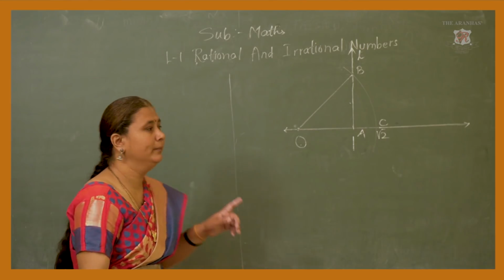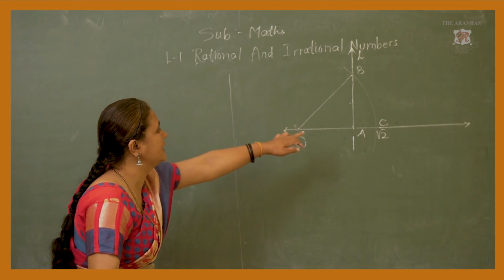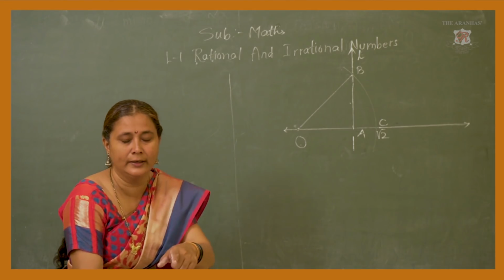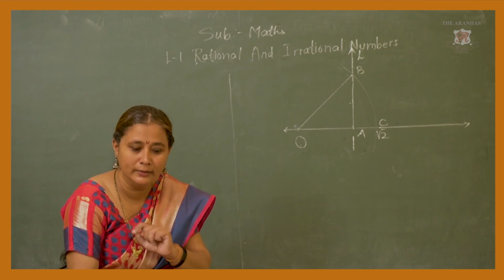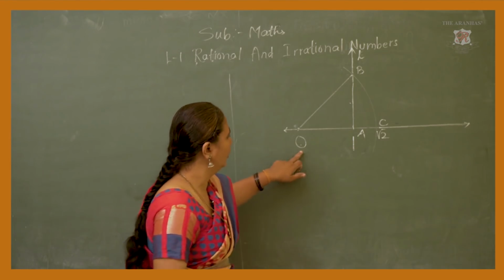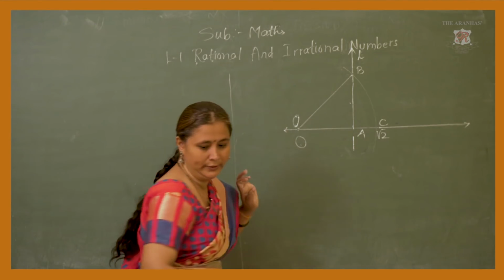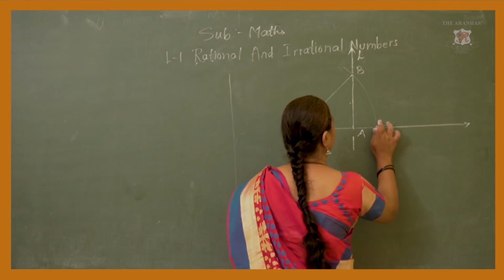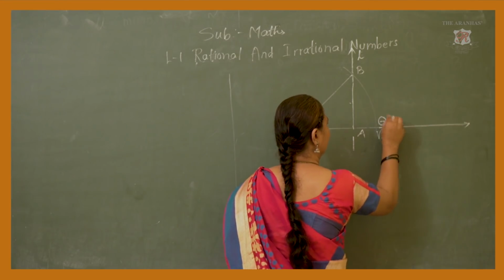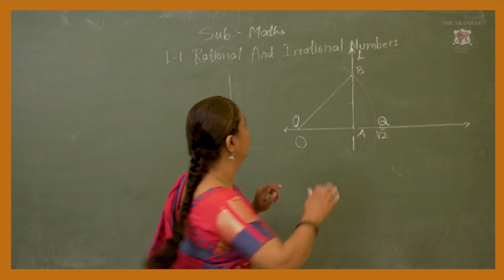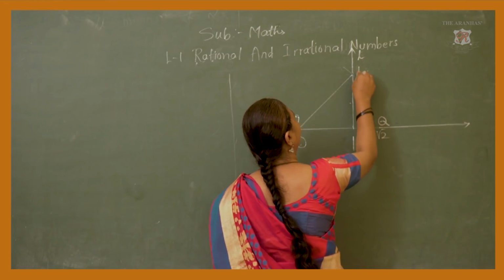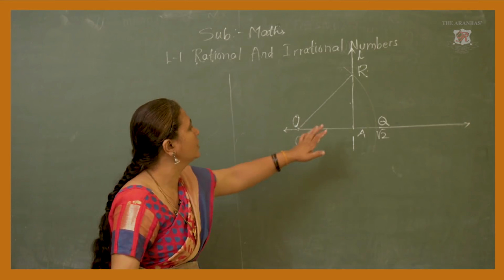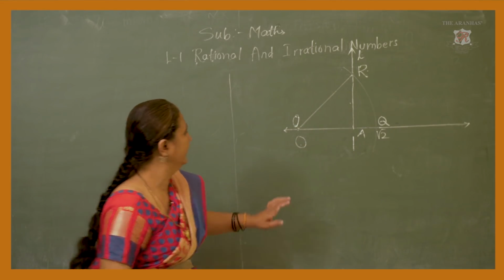Okay. On the number line here, I have to change the names because in the textbook the points are given a little bit differently. For 0 it is given O. Here for root 2 it is given Q. And here, we took B for the previous sum, but in the activity it is given R. So, I took these points.